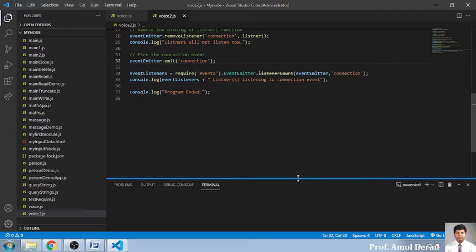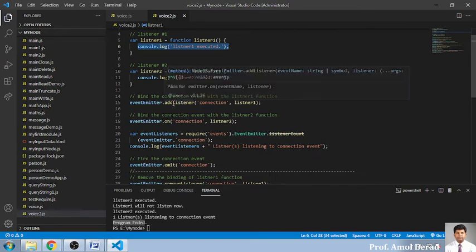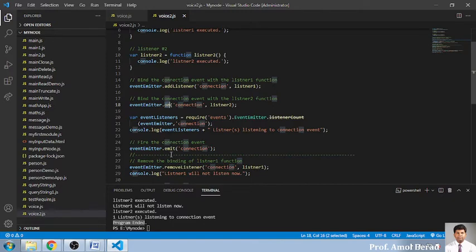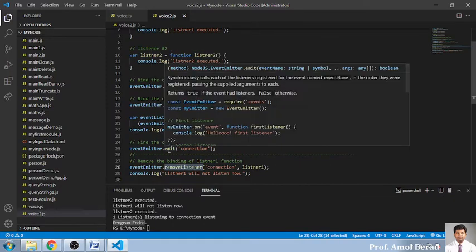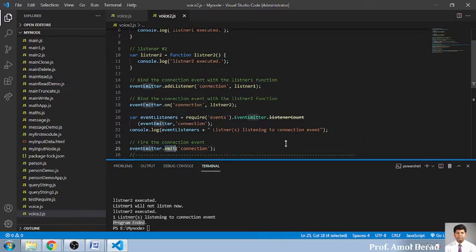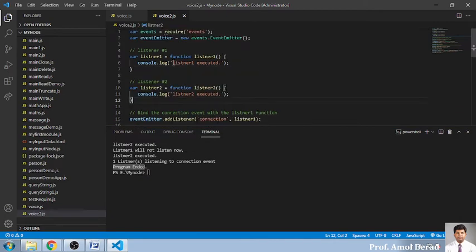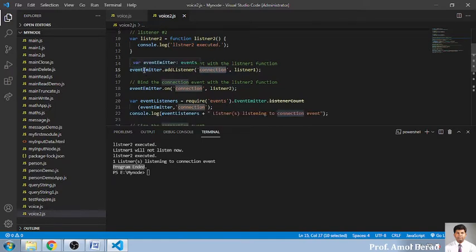So if you want to execute a specific set of code, you can write your logic into this function, and with the help of event listener, that is a function called add listener or on, or if you don't want it, you can go for remove listener. But keep in mind, whenever you want to send it for execution, the name of the function is only emit. Now see, what has happened in this output is very simple. First we have created two functions, listener 1 and listener 2, and then we have created an add listener that we have added with a name called connection, and we have event emitter.